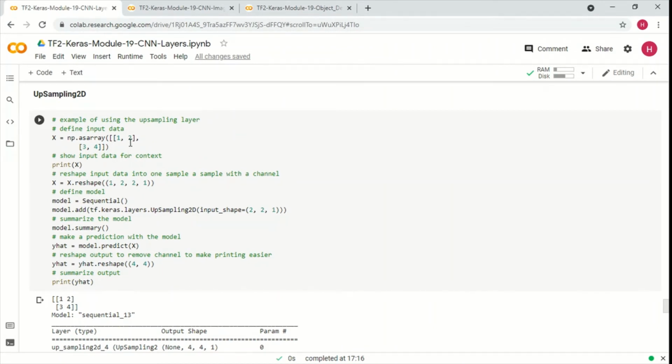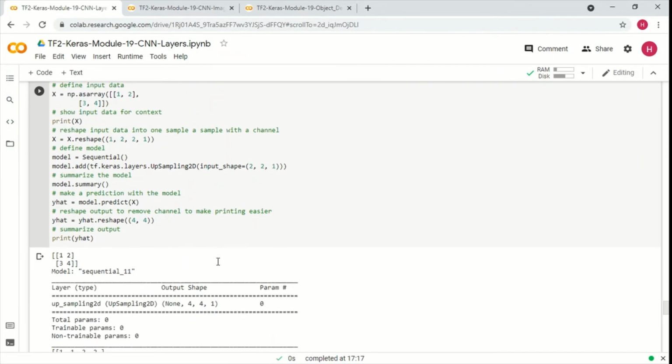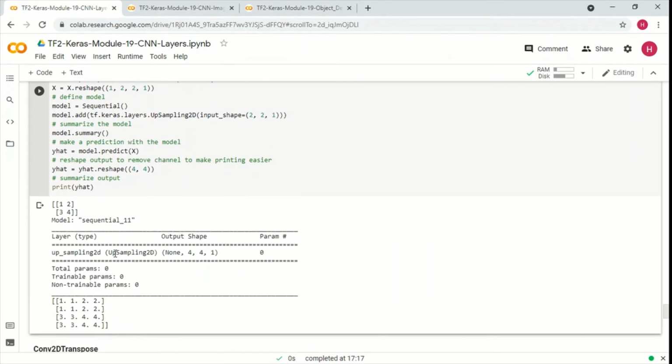So we are taking this input as once again an image of, say, pixel values 1 2 3 4, and then we are reshaping it as a batch of one, 2 by 2 pixels and one color channel, that is gray, and then we are trying to upsample it by 2 by 2, and let's see what we get out of this. So the interesting thing to notice here is the final output shape, right?